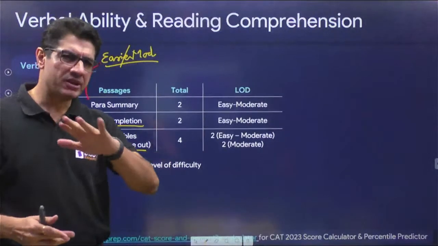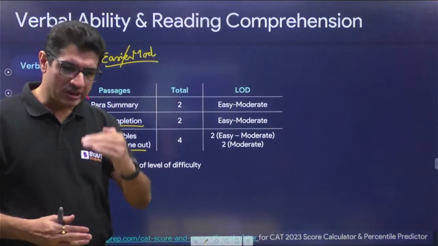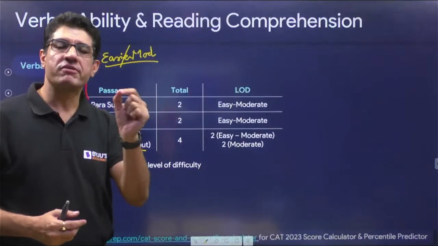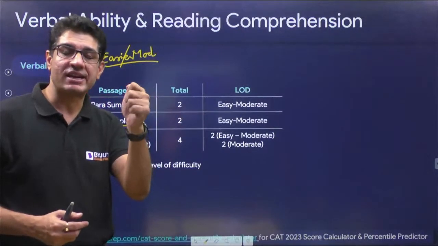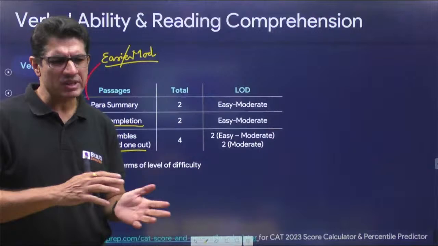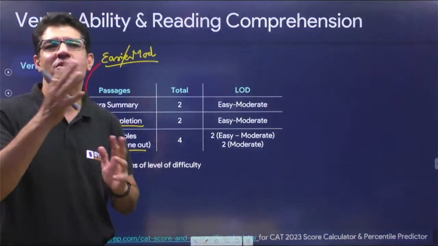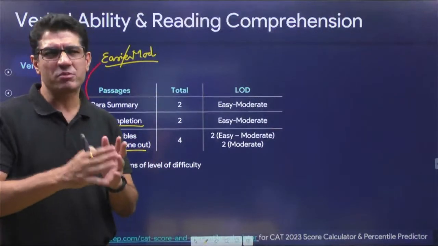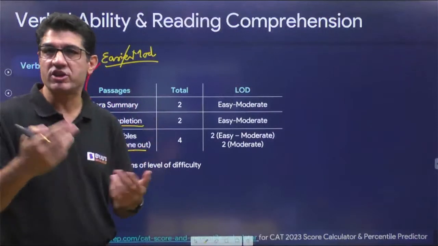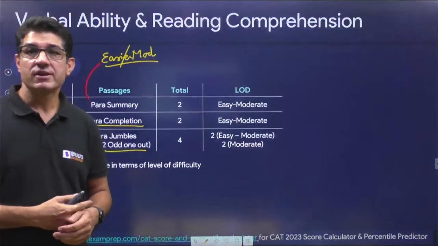Number 2, both of these questions were non-MCQs, that is, no negative marking, and one of these was definitely doable. You read it, and with just a bit of thought, you would have realized that this is the sentence that is the odd one out. In the other question, you had to exert a little more thought, so probably moderate to difficult. I'd be able to judge it once we have those questions.